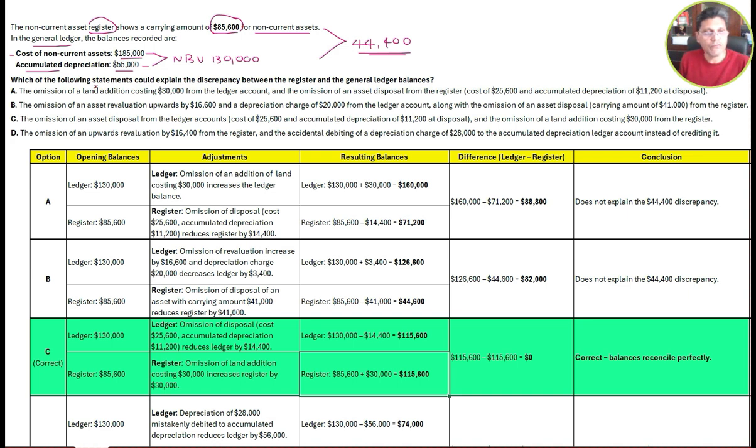So which of the following statements could explain the discrepancy between the register and the general ledger balances? So now you are given four answers. We need to choose the correct answer. Okay, so first of all, let's move on to this one. The omission of a land addition costing